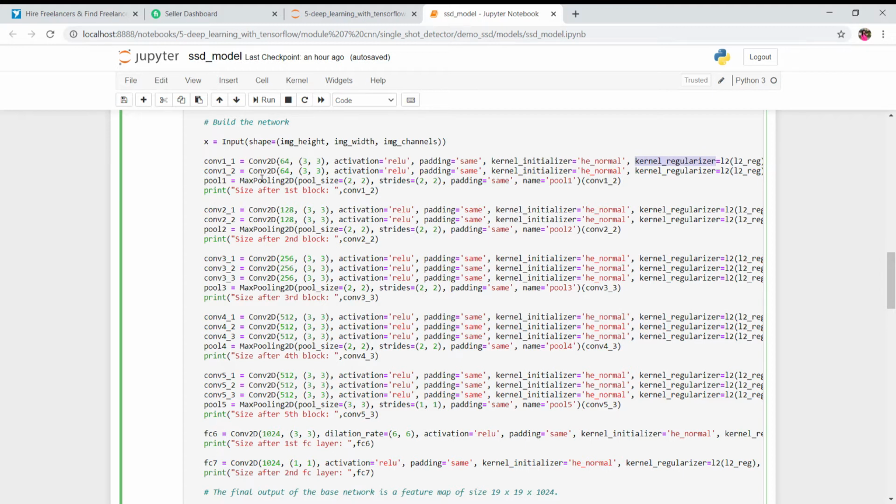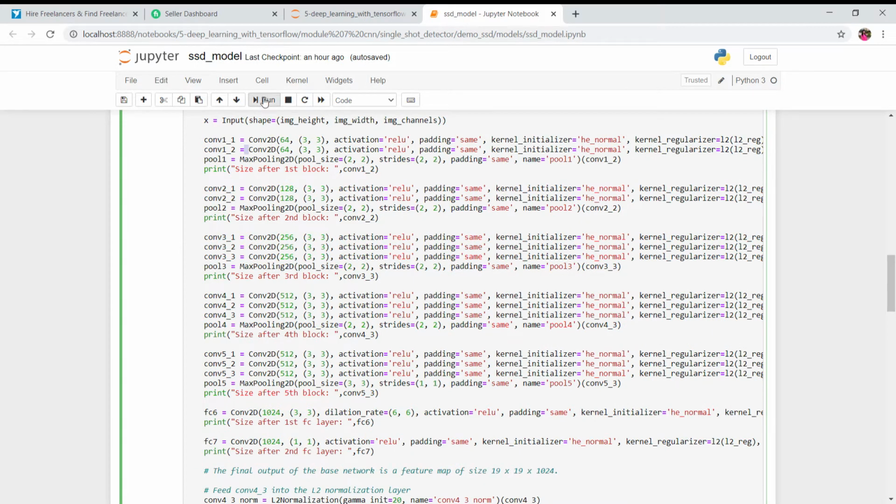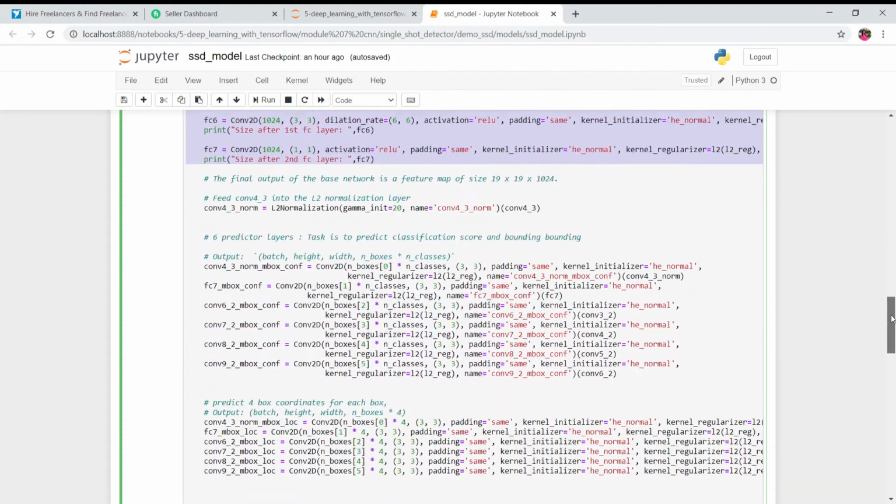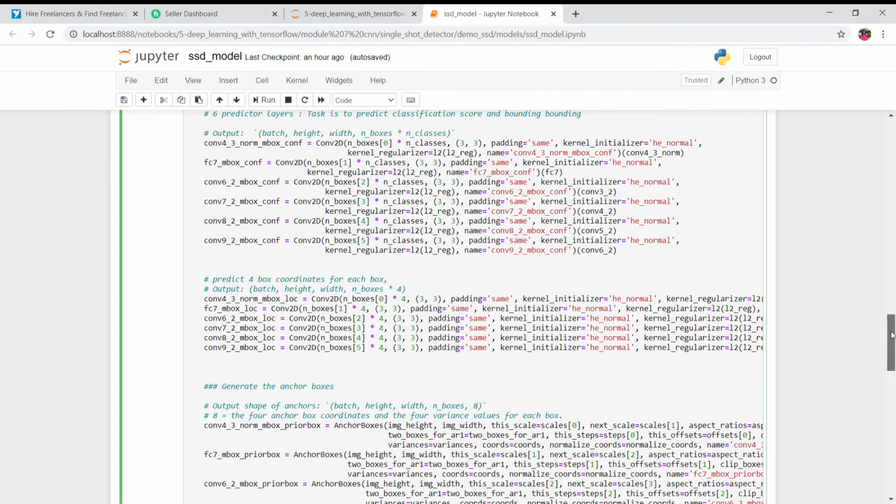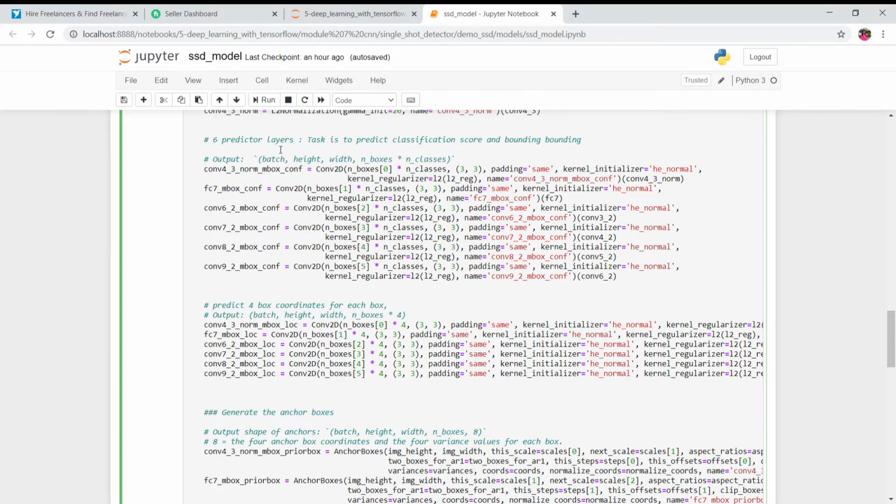Okay, and the output of the first layer is getting stored in this, and the output of the previous layer becomes the input to the next layer. This is how this entire network is working, and as I've already told you, this is the code of VGG16. And after VGG16 we have the code for 6 predictor layers.